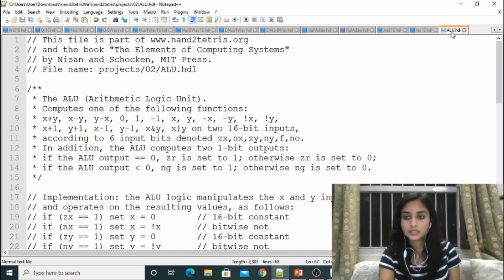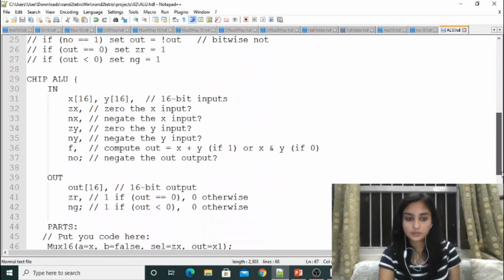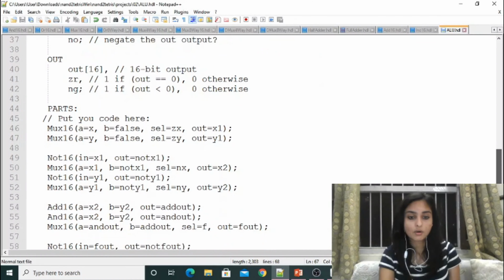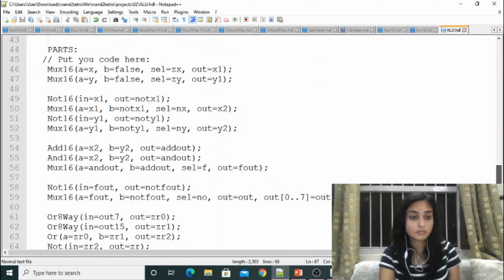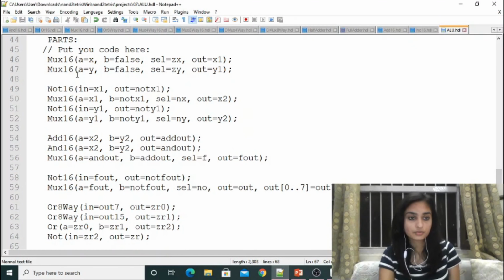Now we'll look at the code. So this is our final code that we'll be executing over here, and as you can see, we implement it using all the basic logic gates that we have already implemented so far. Again, as I told you before, the chip name already registers this specific logic gate. As we are using mux16 over here, we already created mux16, and now it will just be calling this mux16, and so is for the rest of the cases. We also use the multi-way such as OR 8-way and the multi-bit such as AND16, mux16 and so on.